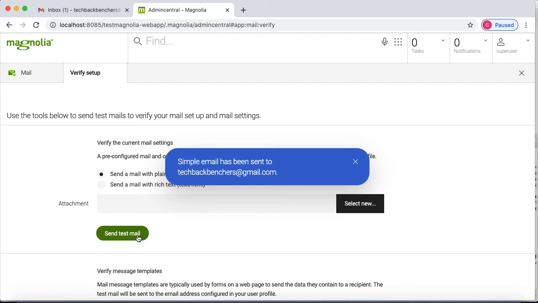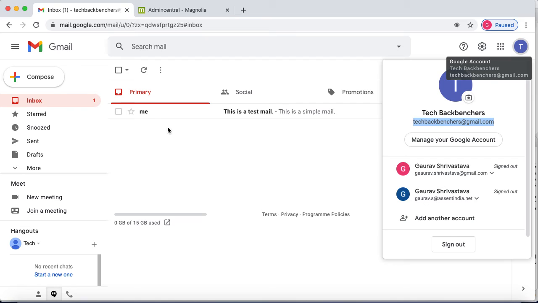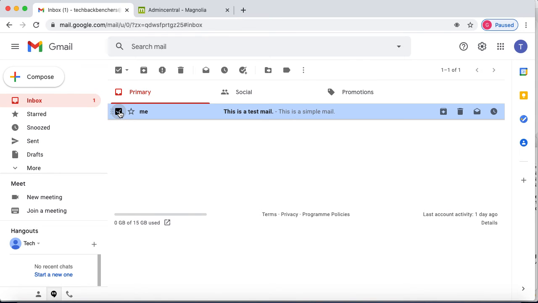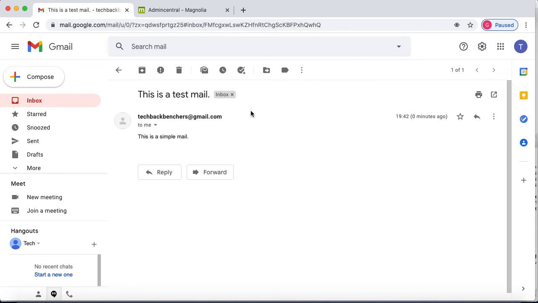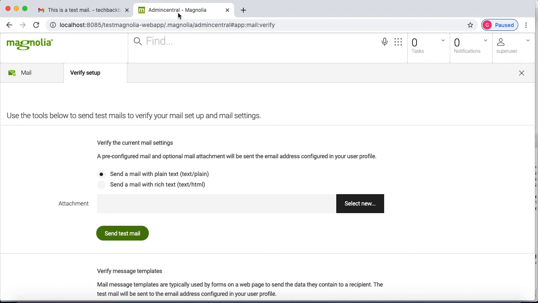So we can say our email was successfully sent from our Magnolia Author to Gmail server. Here we can see in the Gmail account we received one email that is coming from the test email. So this is successfully tested, and we have configured the Gmail SMTP server.